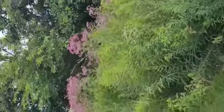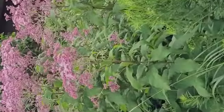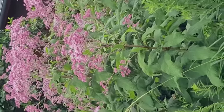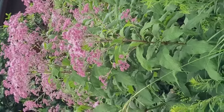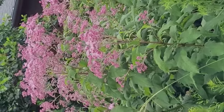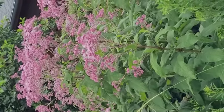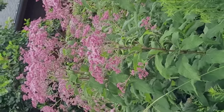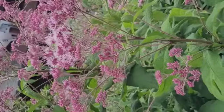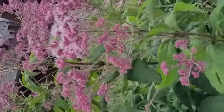And now I am showing you another very unique plant, which is called Eutrochium. This pink colored Eutrochium dubium or maculatum needs to be confirmed, but to me it appears Eutrochium dubium. Pink colored flowers are visited by honeybees, the bumblebees, butterflies, and it is a food source for many diverse kinds of insects, worms, and other wildlife. So this is grown as garden ornamental. I have seen this plant also growing at Navy Pier shrubbery, even in the Lurie Garden, even in the Lincoln Park Zoo, even in Chicago Botanic Garden, and even at